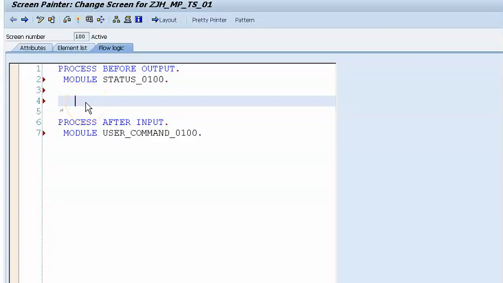We'll be writing here: call subscreen sub1 including SY REPID